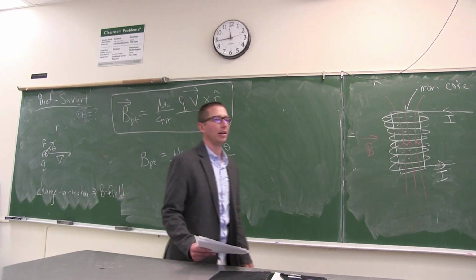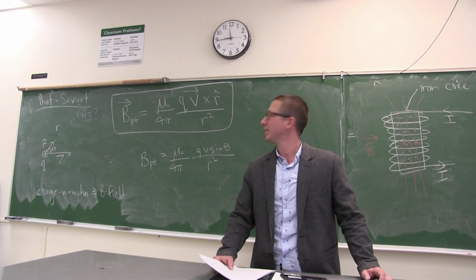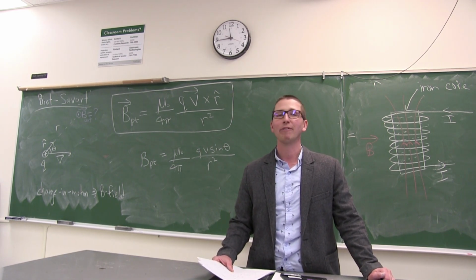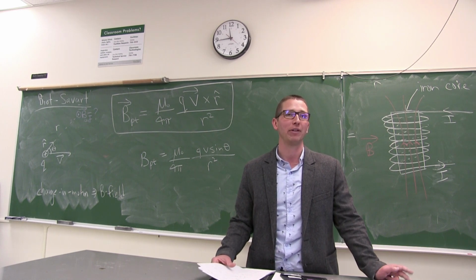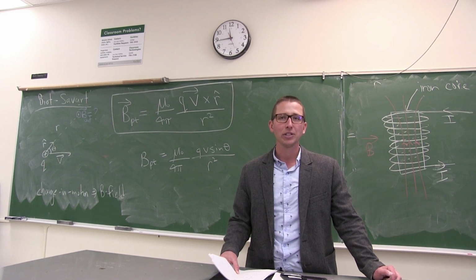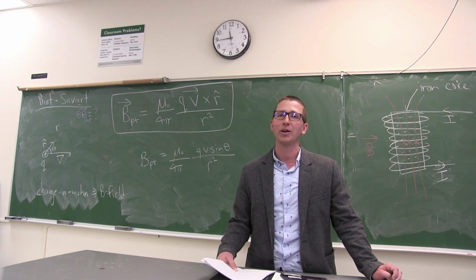Now notice some interesting things about this equation. If V is 0, there's no magnetic field, which is what we expect. If R goes to infinity, there's also no magnetic field, because you're really, really far away from that charge that is moving. So this is for a single point charge that is moving, but if I look at a current source,